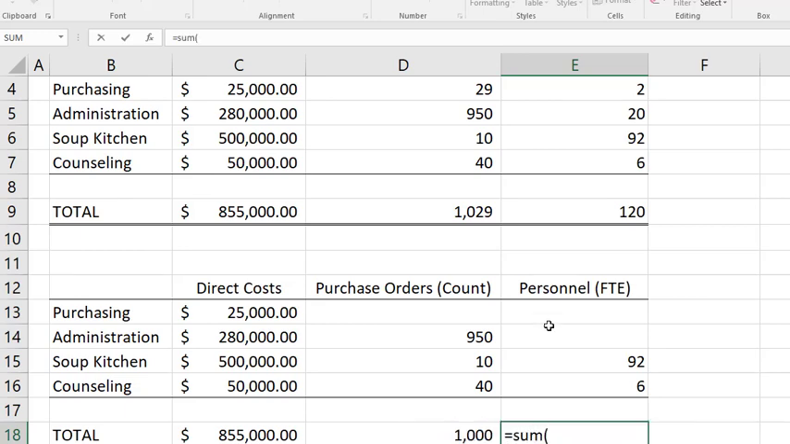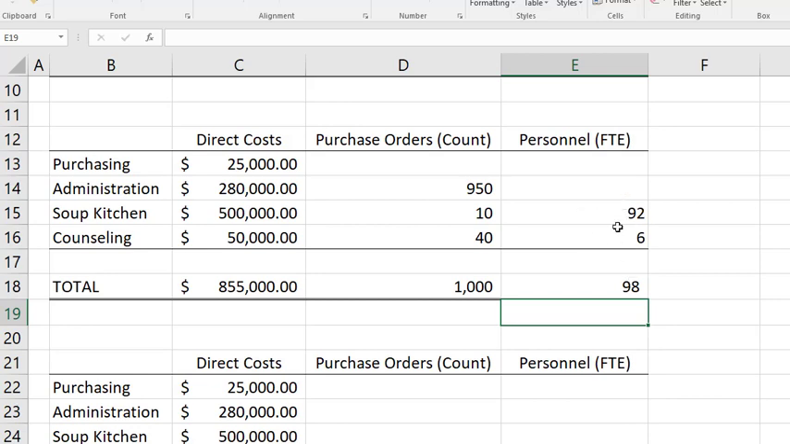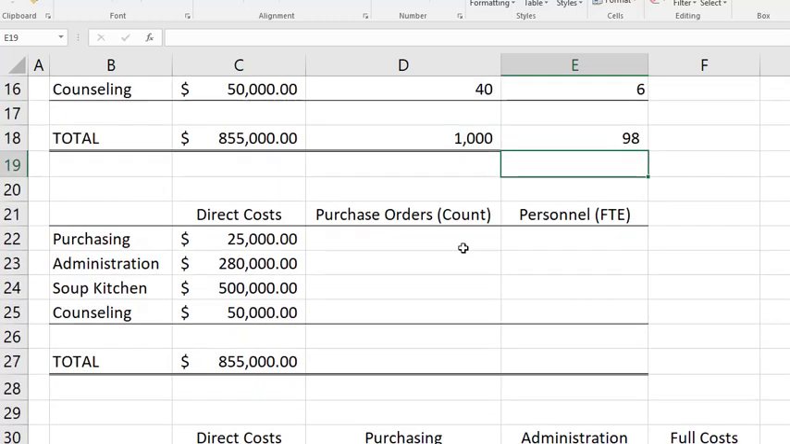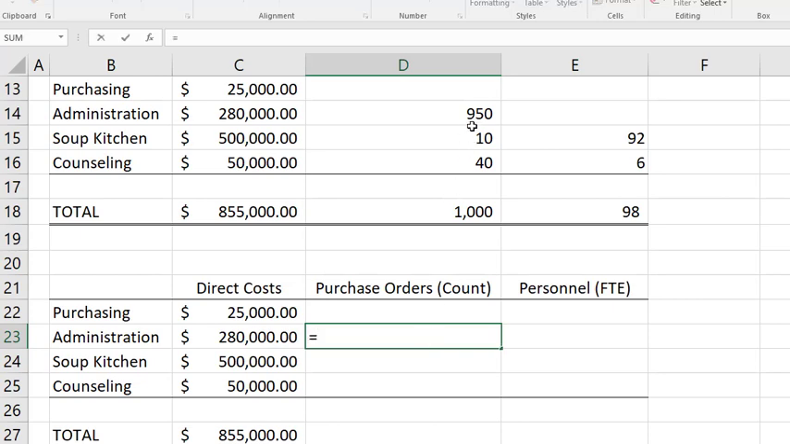So I will sum these two. There's a total of 98 FTEs that I'll be using in allocating out the administrative costs, and there's a total of 1,000 purchase orders. So the next thing to do is to identify the proportions. So it's these 950 purchase orders divided by the total 1,000. I know that's going to be 95%, but I'll just lock in the row of 1,000 so that I can then